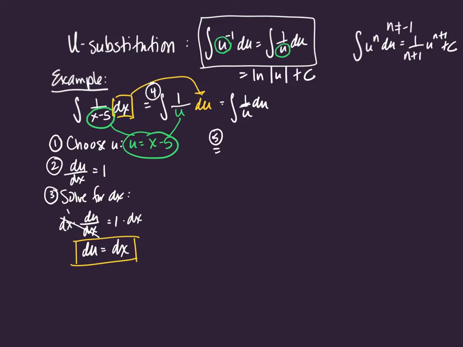is the integrate step. So find the antiderivative of 1 over u. We said that is ln of u plus c. And then last step is substitute back to x. So that'll be the ln of absolute value of x minus 5 plus c. We can always check our results by finding the derivative of it. It better be what we started with. Let's try another.